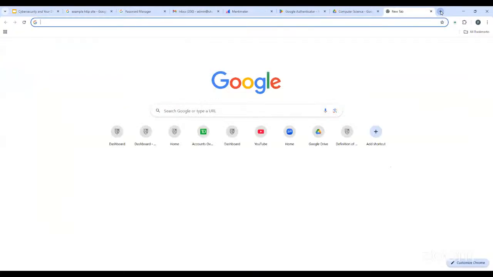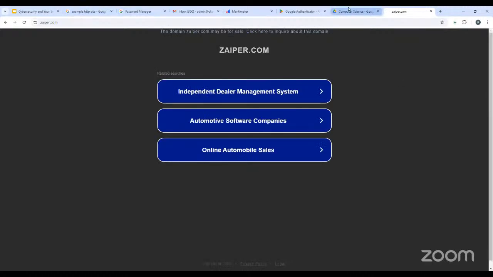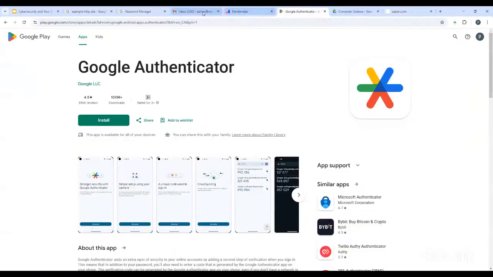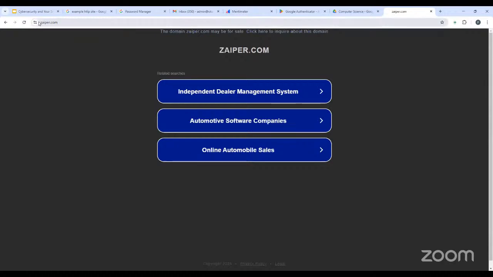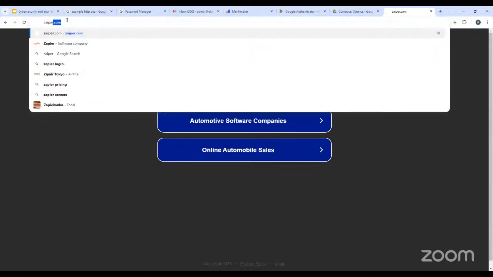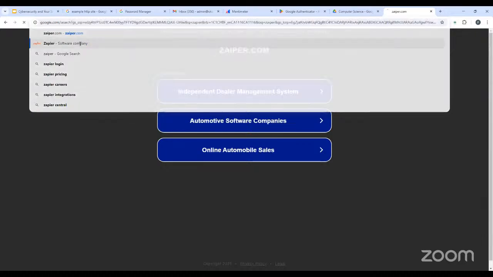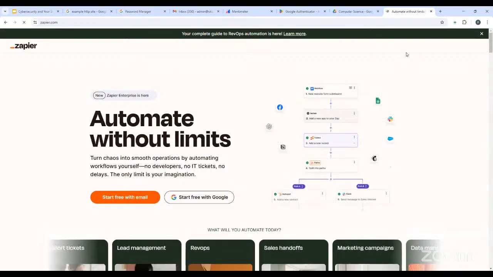So that's the advantage of using a password manager. So if I go to Zyper and I want to log in, okay, that's not the correct Zyper I went to. Where's my password manager? Yeah, Zyper.com. Okay, Zyper software coming. So if I go to Zyper and I want to log into my Zyper account,